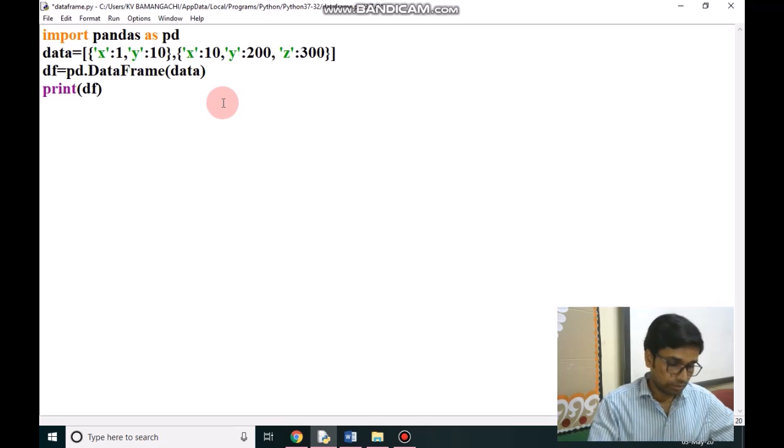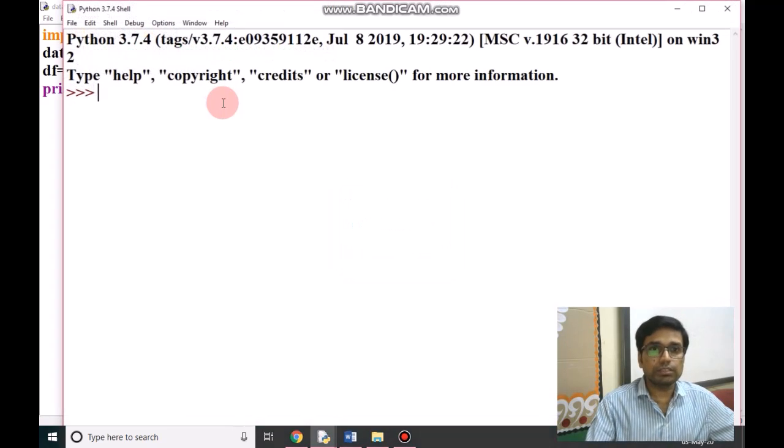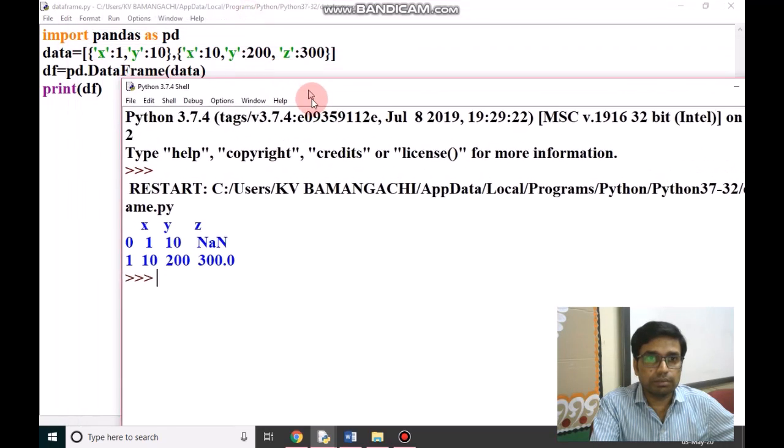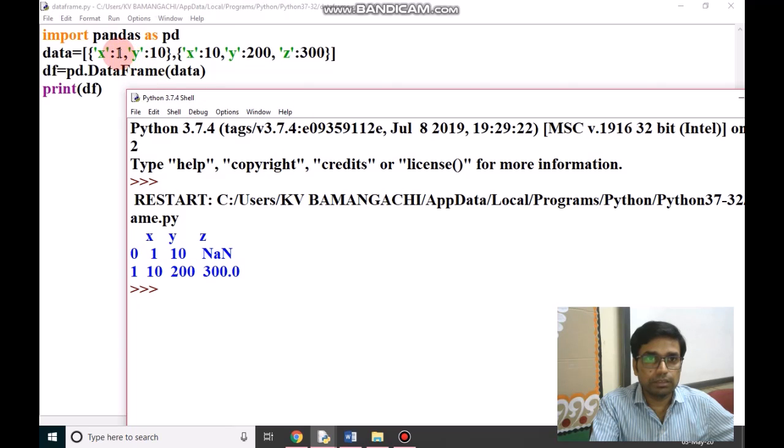So if we run this program, we will see here we have given column names X, Y, Z, and by default the row numbers are 0 and 1. Data is the same as we have given in the dictionary, 1 and 10, then 10 and 200 with respect to the second dictionary.